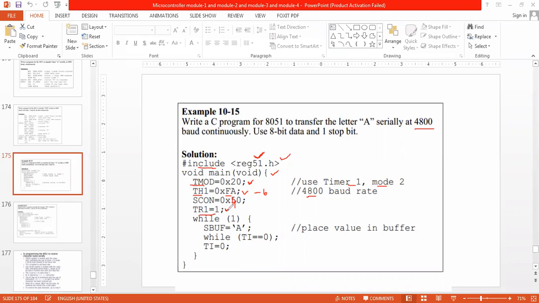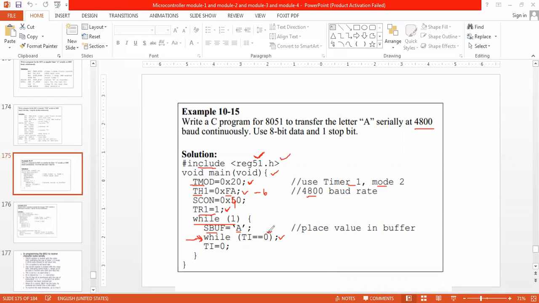So start the timer. Once the timer has started, while(1) is a continuous, never-ending loop. SBUF equals character A. Now take one more loop here: while TI equals 0, I remain in this loop until TI becomes 1.